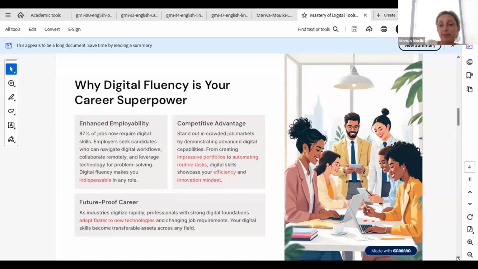To distinguish ourselves, we should have this career superpower, which is digital fluency. And we will talk later on about the important digital tools to have with us. So, competitive advantage, why? To create impressive portfolios and to be able to automate your routine tasks and